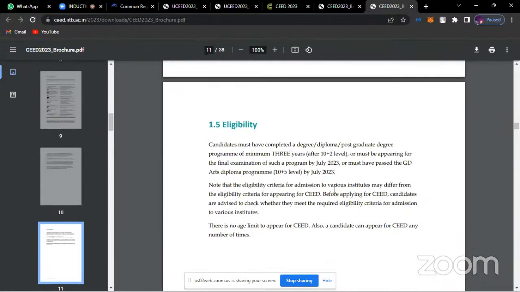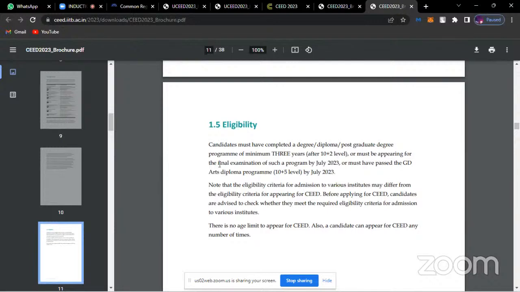You can also be a final year student in any of the colleges. For example, to get into IIT MBS, there is no hard and fast rule at all that you should have a bachelor's in technology, not at all. A bachelor's in arts also can carry forward with these exams.